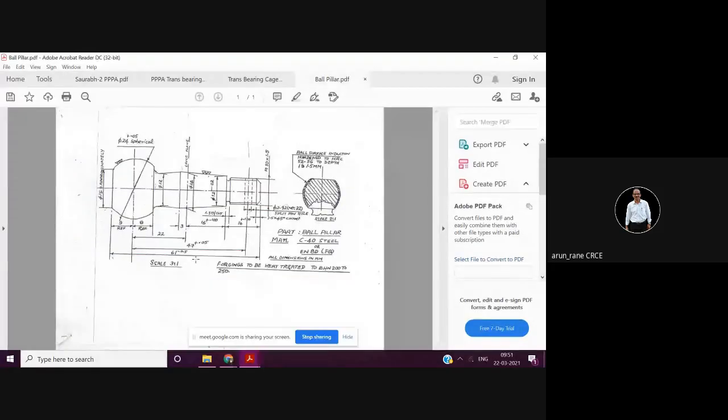See, ball surface induction hardened to HRC 52 to 56. So this is the hardness, HRC, and even the depth is also given, 1 to 1.5. So this you have to include in the sequence of operations.